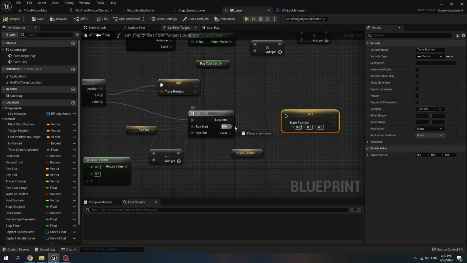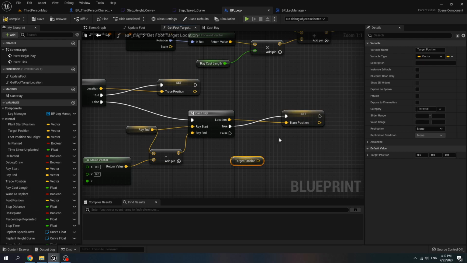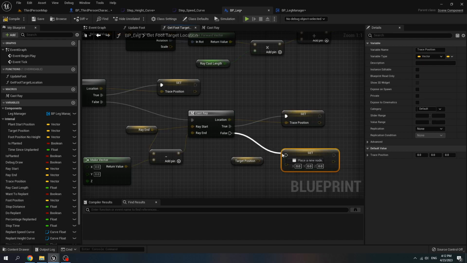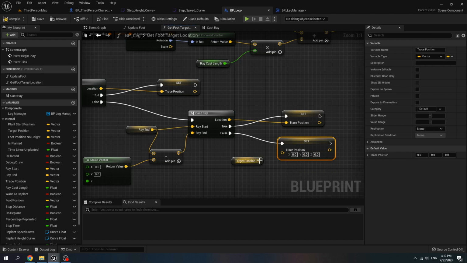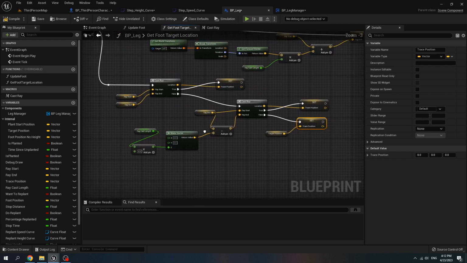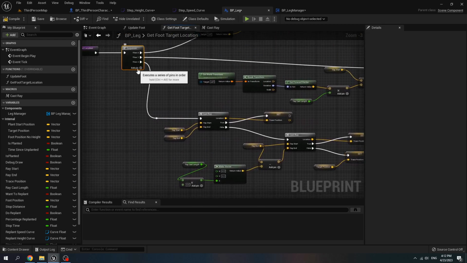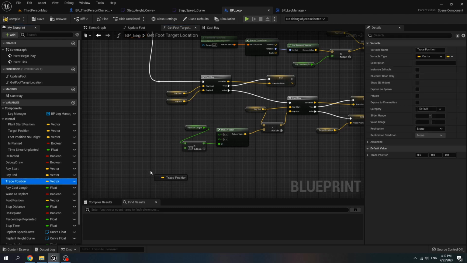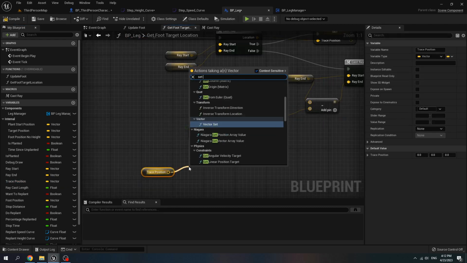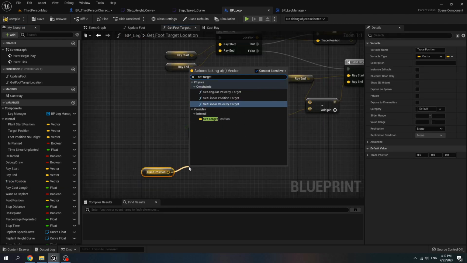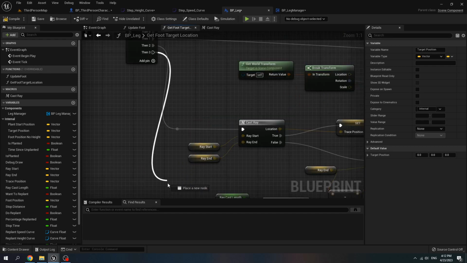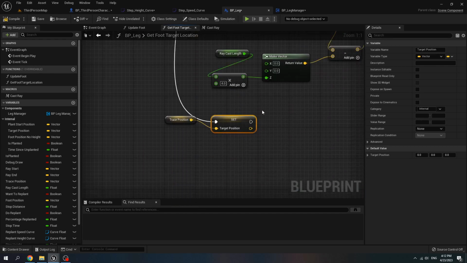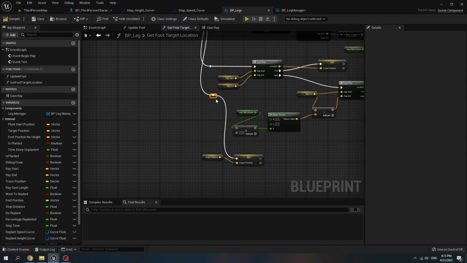If it's true, we set the location of the ray add to trace position. If it's false, we set the target position as the trace position. And add pin, get trace position, set target position. Connect the do 3 to the target position.